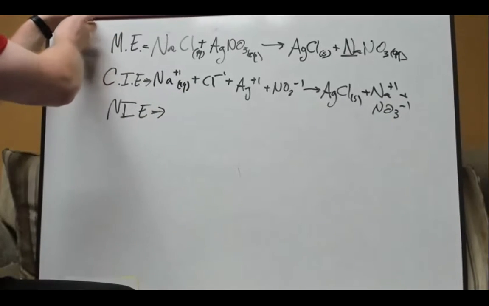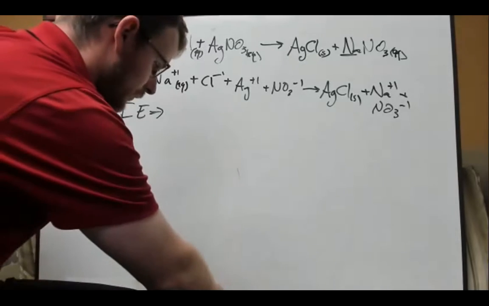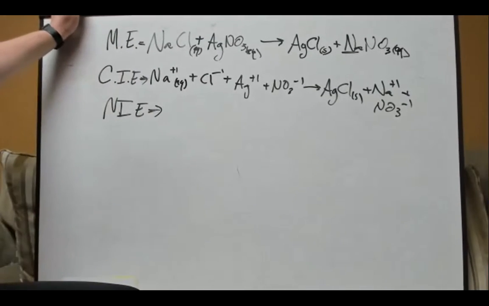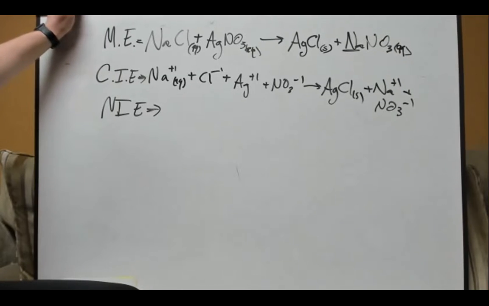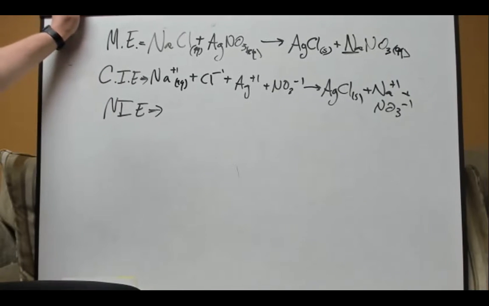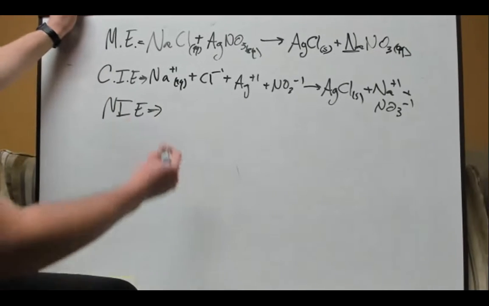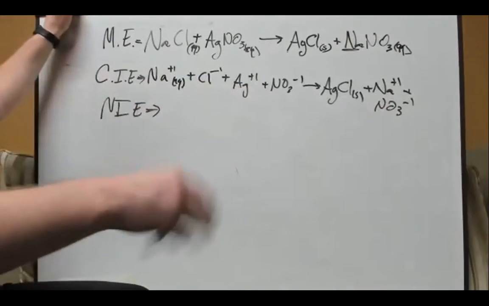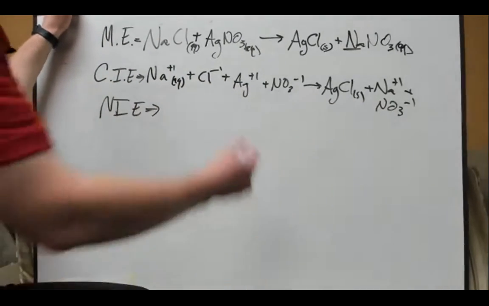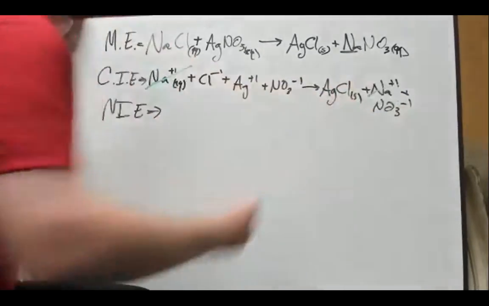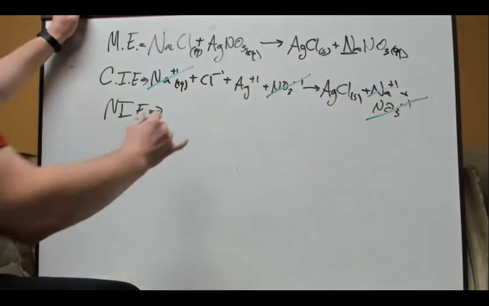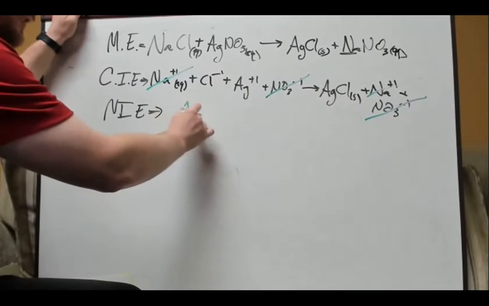The net ionic equation is an equation where we just place what's doing the chemistry, what is actually reacting with each other. A spectator ion is one that doesn't react. It just spectates, just like a spectator in a football game sits in the stands and doesn't actually play. If you see an ion on the reactant side that matches an ion on the product side, that means it doesn't react. Here we see sodium is the same on both sides, and the same thing with the nitrate. And usually I draw the cation first,